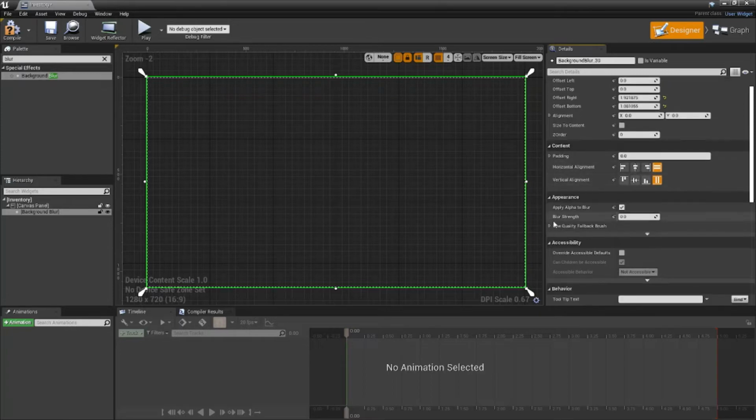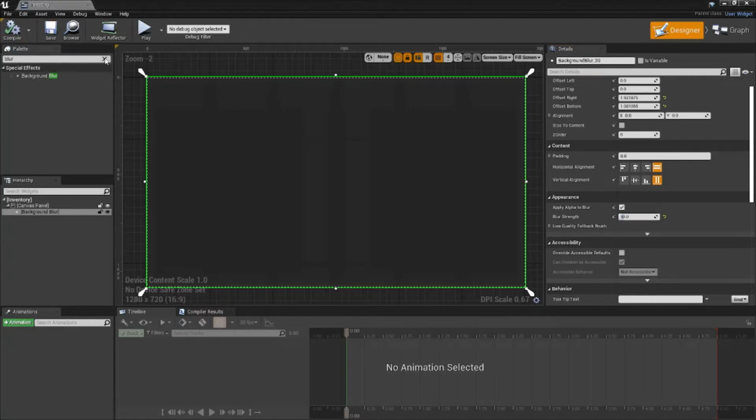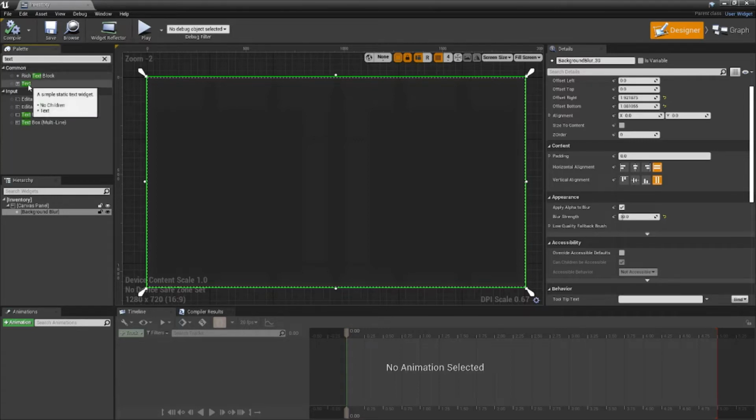Now down here where it says appearance and blur strength, we're just going to drag that up a little bit. Just do 10, compile and save. Now back over here on our palette, we're going to search for a text, drag that in,